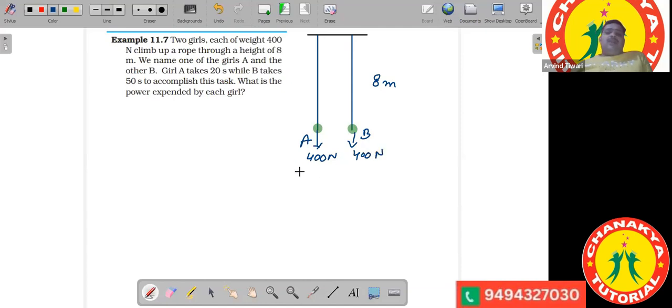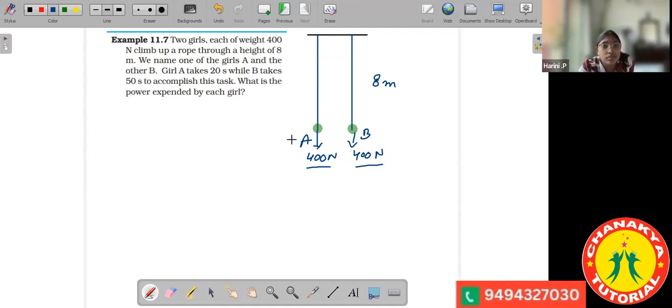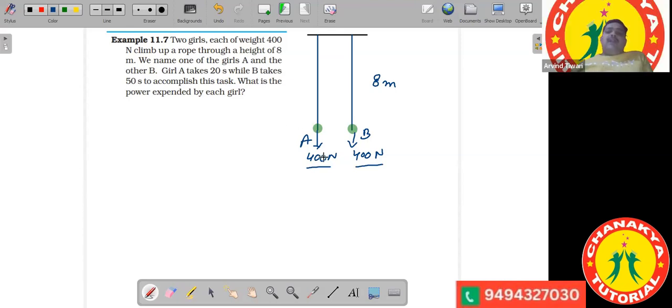So first of all, tell me, is this 400 Newton mass? Is this weight? Or is this a force? It is the weight, and weight is also equal to the gravitational force. Remember the definition of weight. The weight of an object represents the force with which gravity pulls an object. So this weight also represents the gravitational force acting